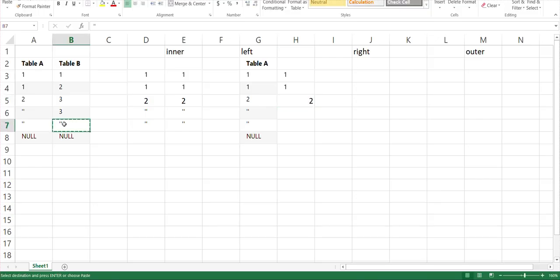So anyhow, we will get these two rows also. Now in terms of the left join, we have this null value, but there is no null value matching in table B. So that's why, as per our joining condition, which we actually face in our